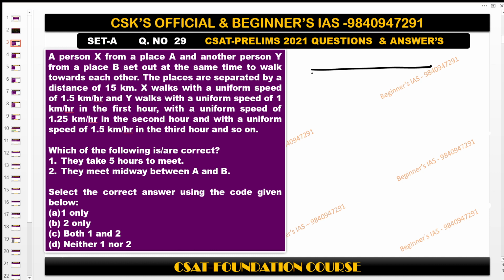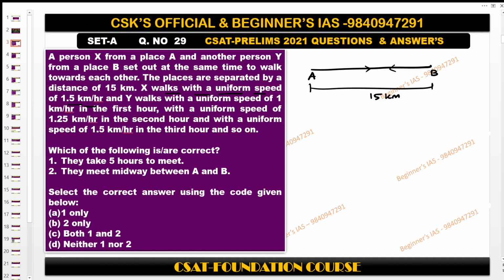here is the A and then here is the B. So they are apart by 15 kilometers. So this is the first data, towards each other. So therefore they are walking in opposite directions. Next one is X walks with a uniform speed of 1.5 kilometer per hour. So therefore